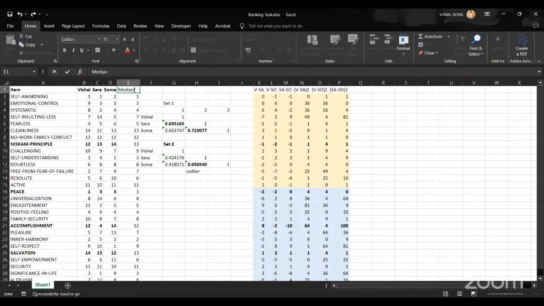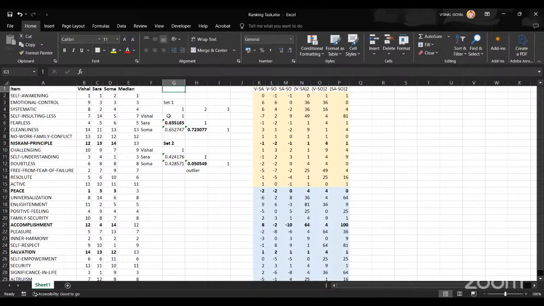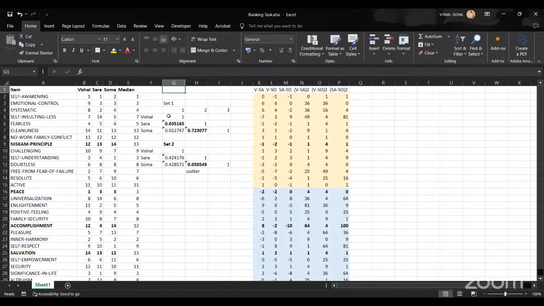Okay. That is 13. Yeah, that is the 13. And here you can find out the paired rank also. So you can check the paired rank, no problem, because this is the paired rank. Okay, and here you can find out where the similarity is very high. Similarity is very high in case of self-awakening. Usually self-awakening is a value which is very high in case of the researcher.